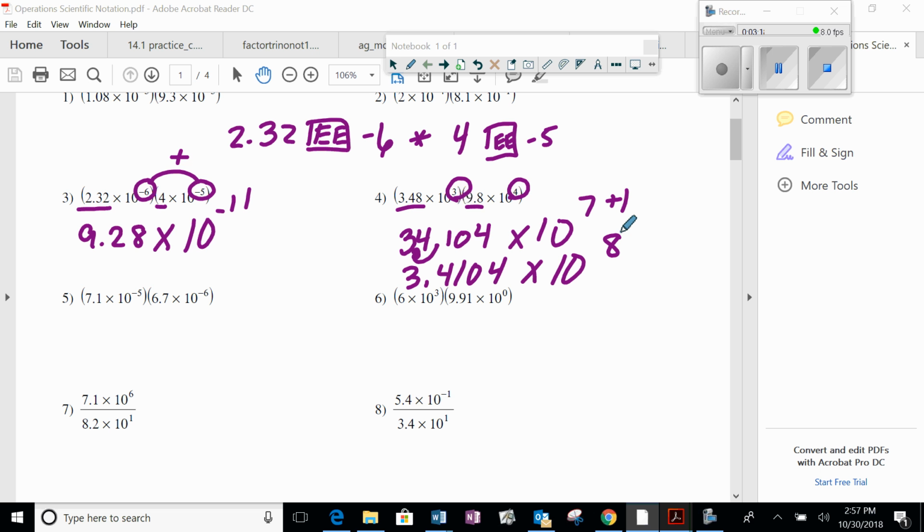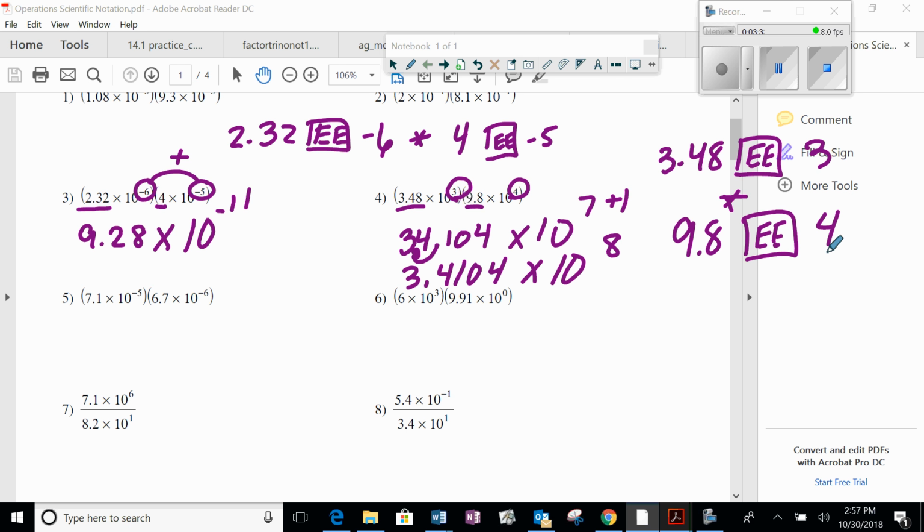If you are going to use the calculator, you would take 3.48 EE 3 times 9.8 EE 4. And what does that give you? Does it give you the scientific notation answer, or does it give you the long number? Okay, so it's going to give you